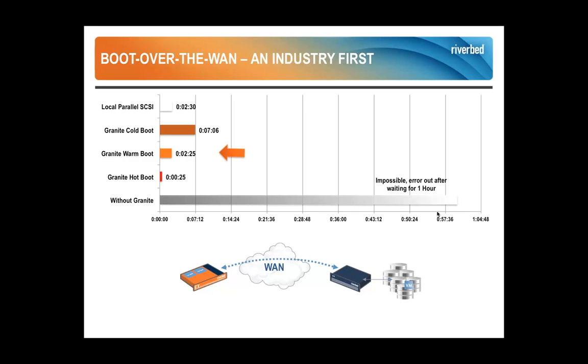A Granite hot boot means the Granite appliance was already hosting or presenting that centrally provisioned server locally. You now reboot it. All of those blocks are, of course, on the Granite edge storage in the branch, so it boots up very, very fast. And the quality of the Granite appliance or the Riverbed appliance is typically higher than your typical branch office server. We have high-quality SSD, high-quality disk with high amounts of IOPS and compute power, so it does boot